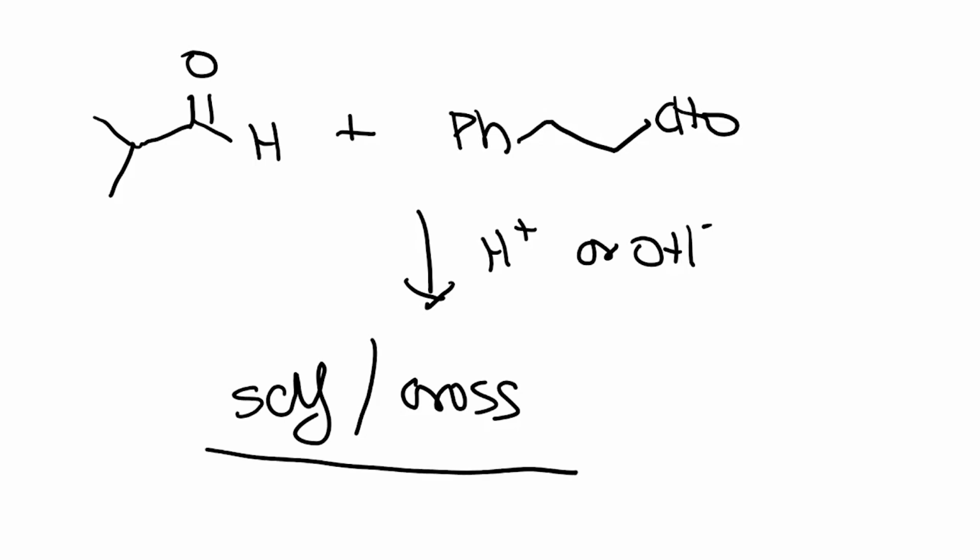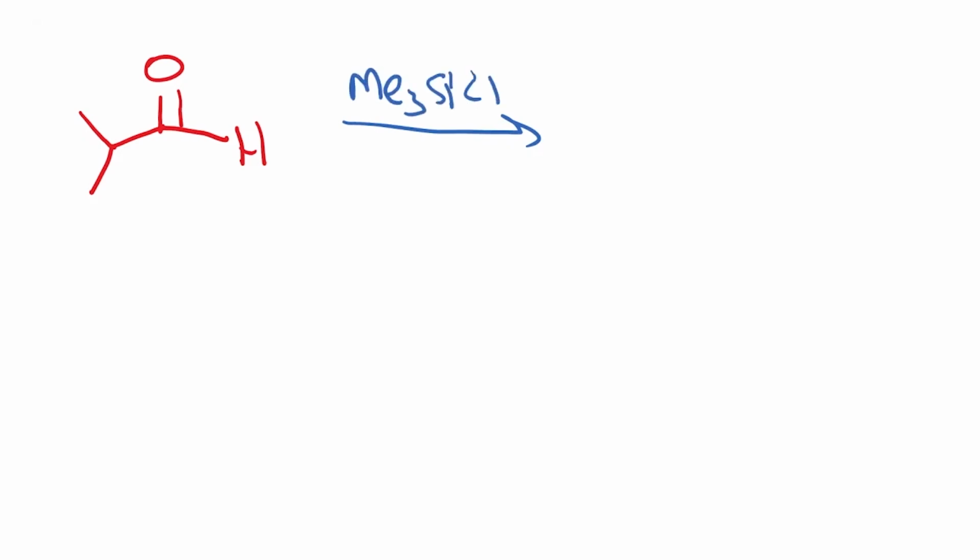But by using the silyl enol ether method, we could now control which kind of compound we would want. So for example, if I start with this aldehyde and I want to generate the enolate from this, then what I do is first produce the specific enol equivalent, and keep in mind we can't use LDA, so we would use Me3SiCl in the presence of triethylamine, and the product that is formed is